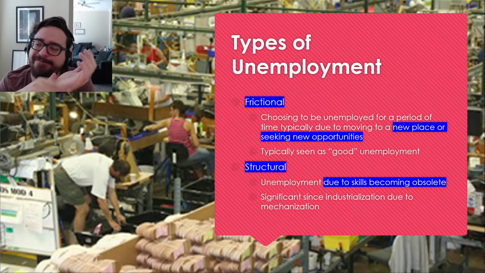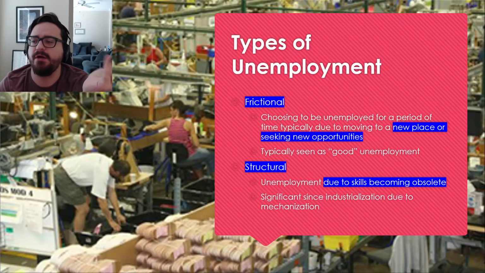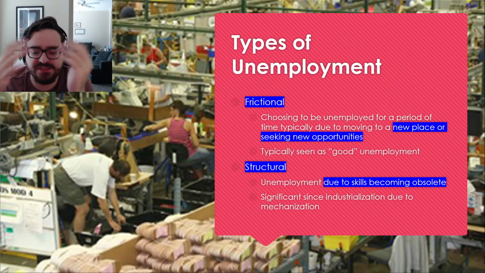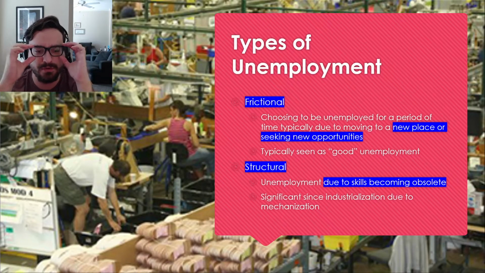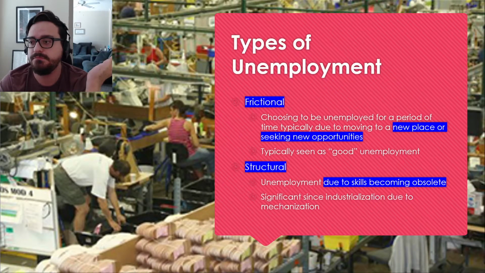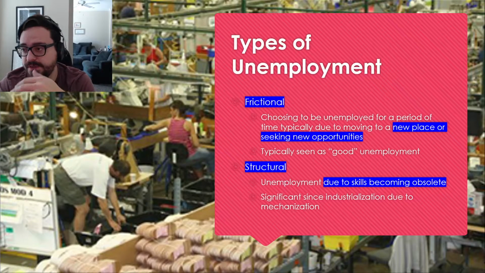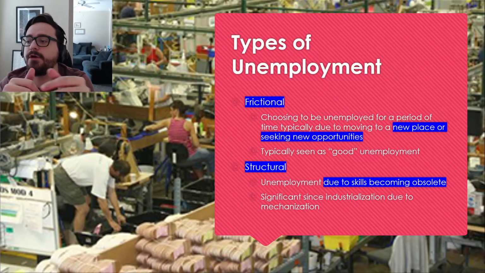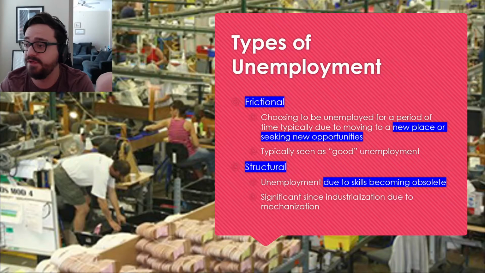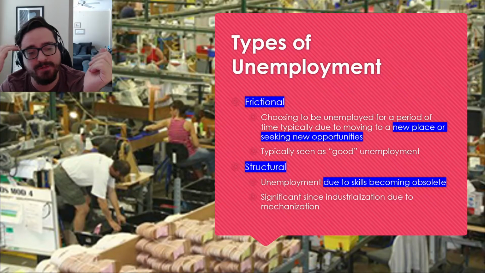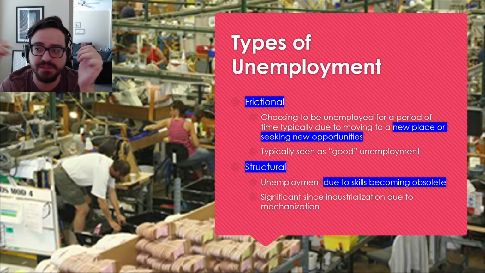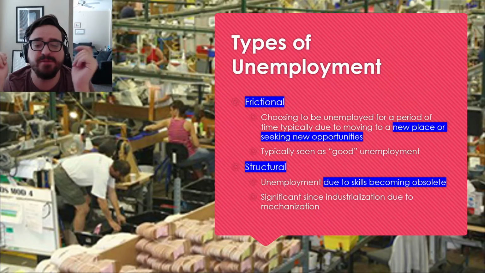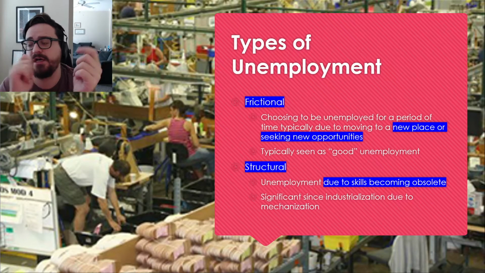Structural is less fun, but is a necessary thing, where structural unemployment is when your skills become obsolete, when what you do can be replaced or done better and easier by machines a lot of the time. Now, this could be a literal machine replacing you, like in the automotive industry, where a lot of machines have replaced people in making cars, or in fast food now, where a lot of self-service kiosks are replacing cashiers. That's structural unemployment. Those people that are losing their jobs become structurally unemployed.